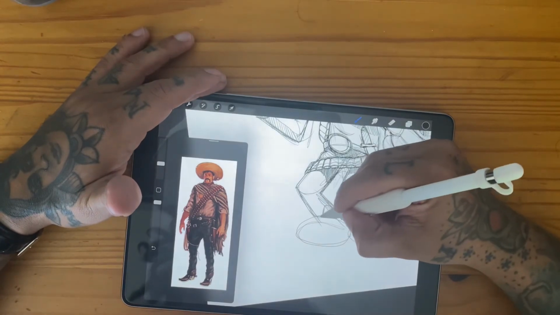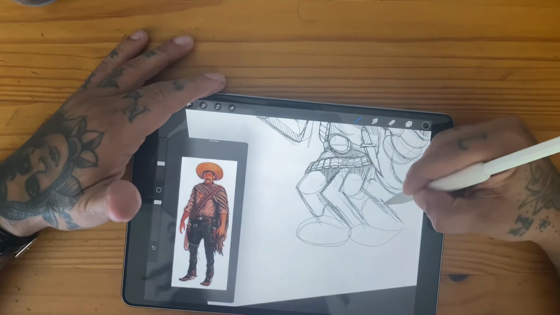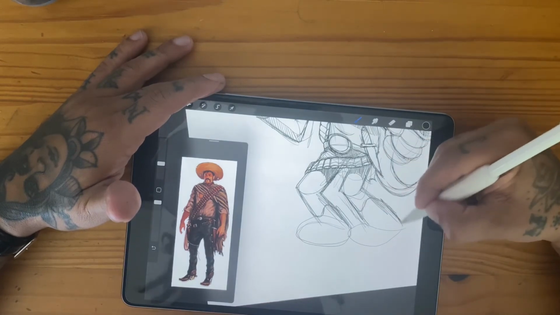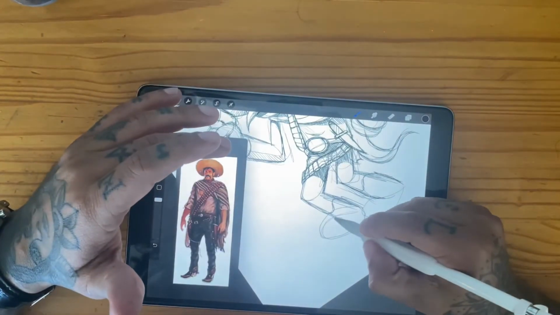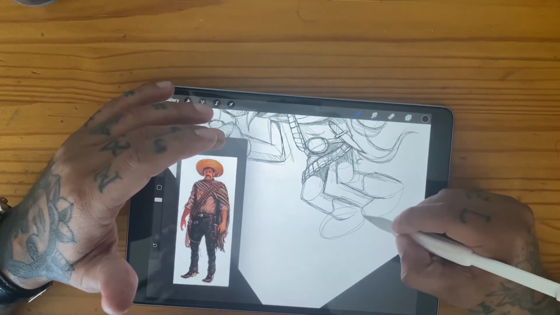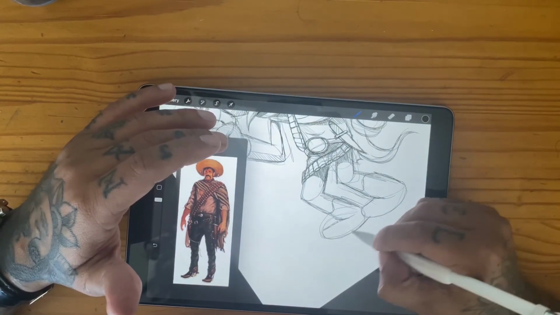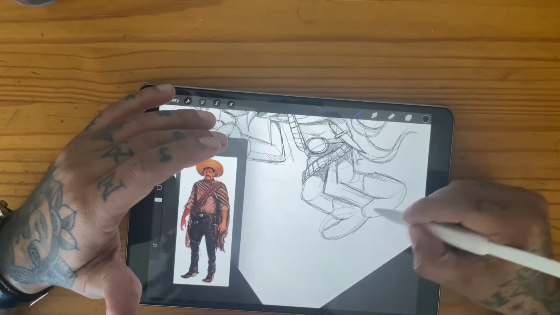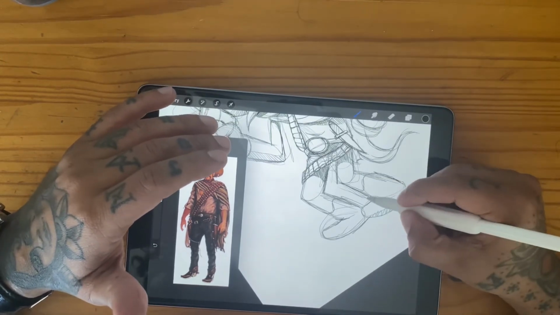So let's go ahead and get to work on that. I'm not gonna get too detailed with the boots, to be honest. Like I said, this is just a concept sketch. So once they approve this, then I'll go ahead and get to work on the